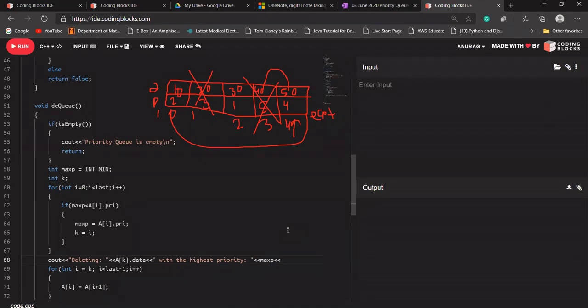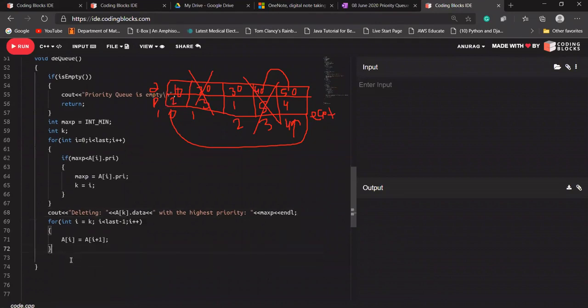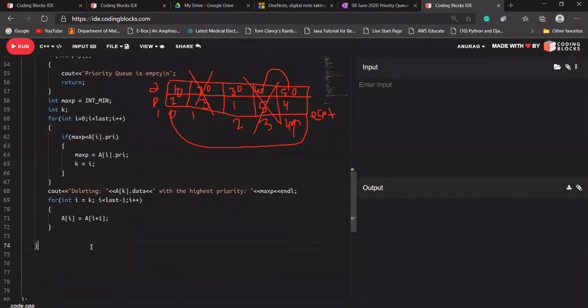Okay, print endl. I hope now it is clear.